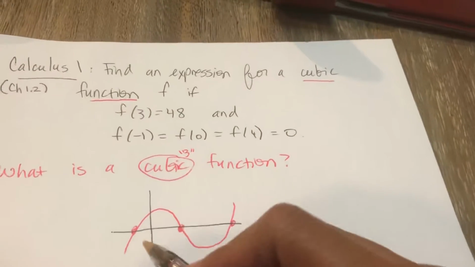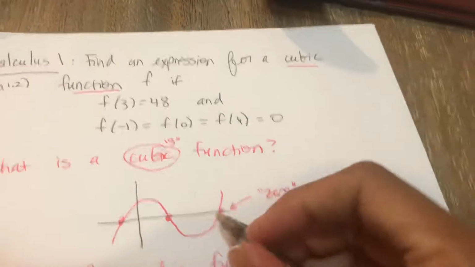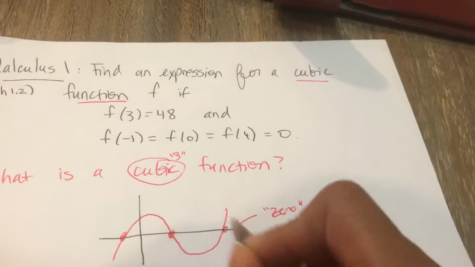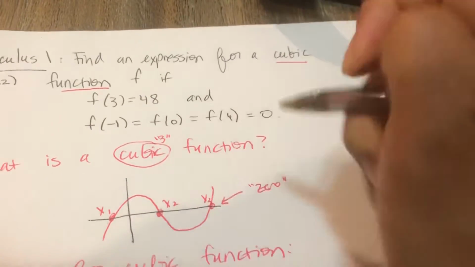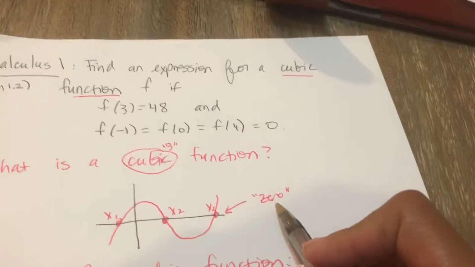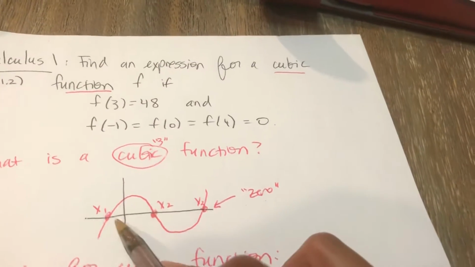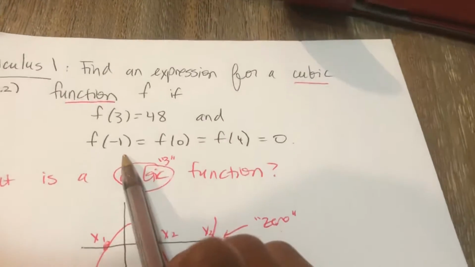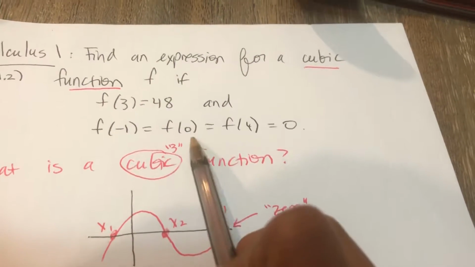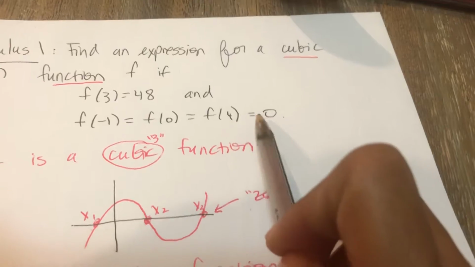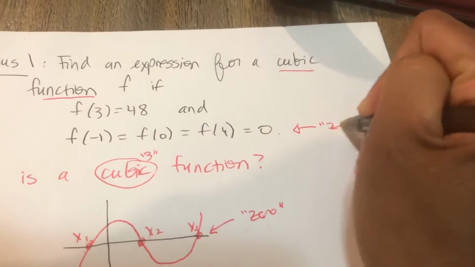And these are the points that we call the zeros. It crosses the x-axis at these points. And these are our 3 zeros. And this is what we call x1, x2, and x3. And the reason why it's called the zeros is because this is where the y value is equal to 0. So if you look at what's given to us, at x equal to negative 1, 0, and 4, the y value is 0. So these are indeed the zeros